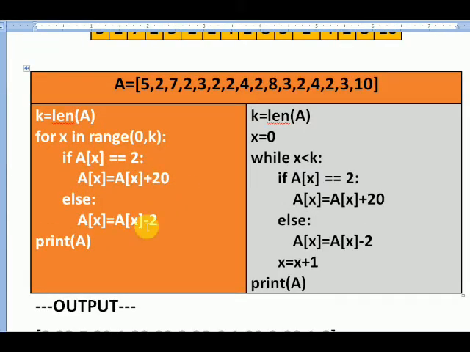ये वाला यूज़ करोगे and what you have to put here, इस जगह में a of x इवन कैसे निकालते हैं, %2 is equals to, this will change to 0. If it is 0 then what happens here, this part is of even and this part is going to be of, ये odd का बन जाएगा, ये even का बन जाएगा. अगर वो 2 से डिवाइड होकर रिमाइंडर 0 निकल के आ गया तो it will be the even part and ये वाला odd part. तो whatever condition is for even put it here and whatever is for odd put here.